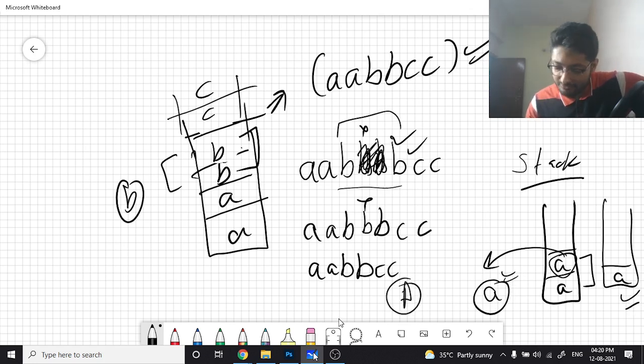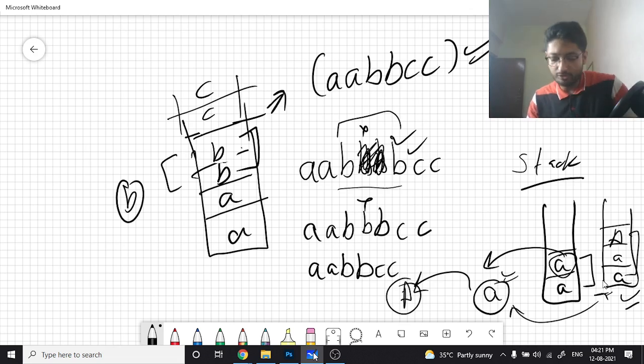So I will check whether these two characters are the same. If they are the same and equal to this character, then don't push it, because these two characters are already there. If we push that, it will form three consecutive characters which are the same. So instead we will just ignore it and move to the next step.